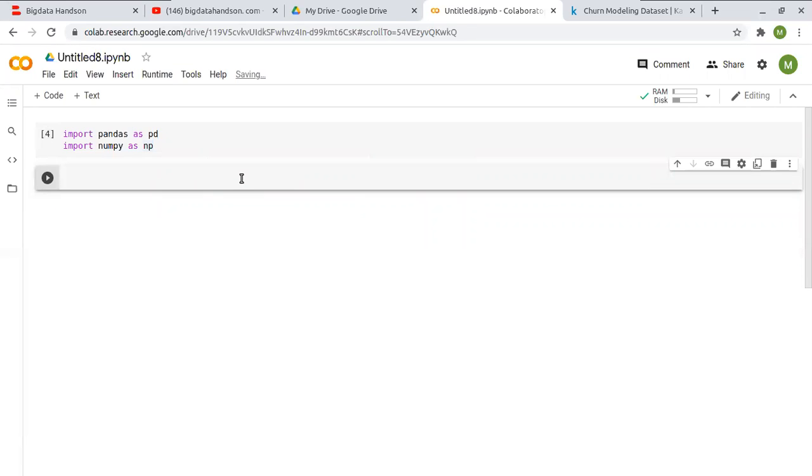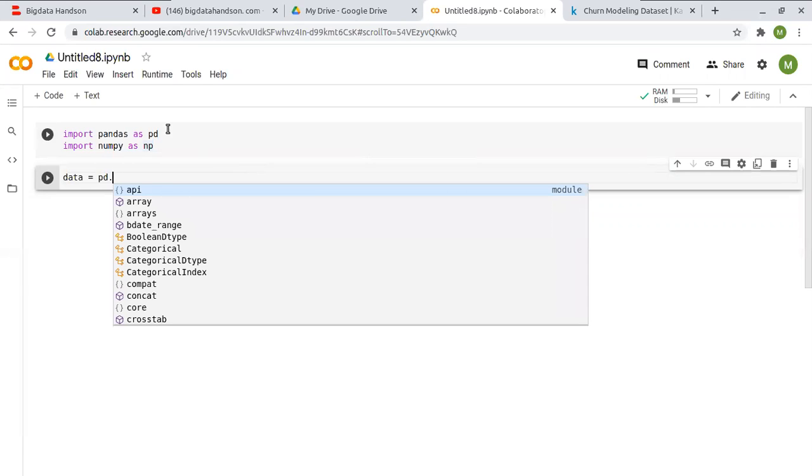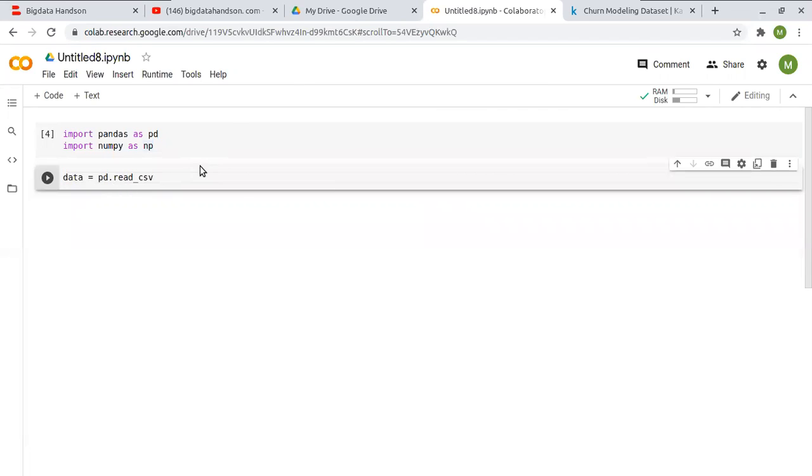Okay, so in the second step we'll import the data set. So now we are in a new environment and we are in a collaborative notebook. How can I access the data set? Simply using read csv, but in read csv you also have to give the path of the file.